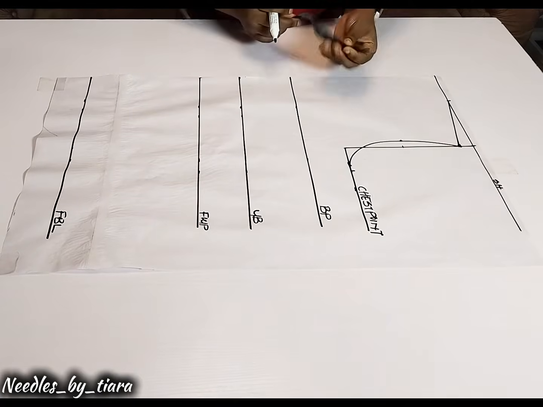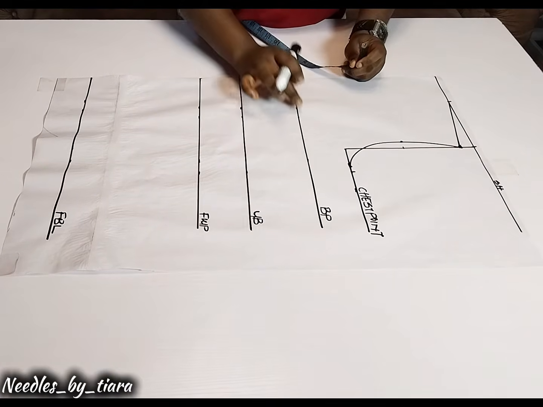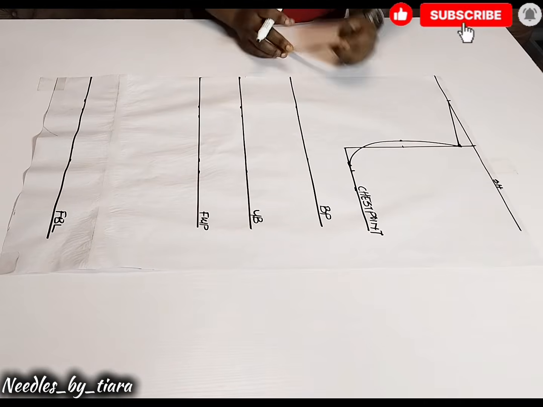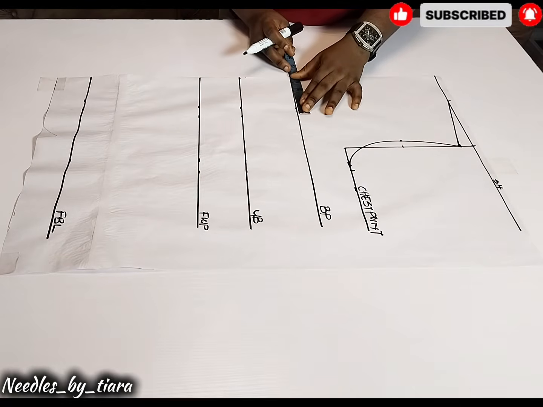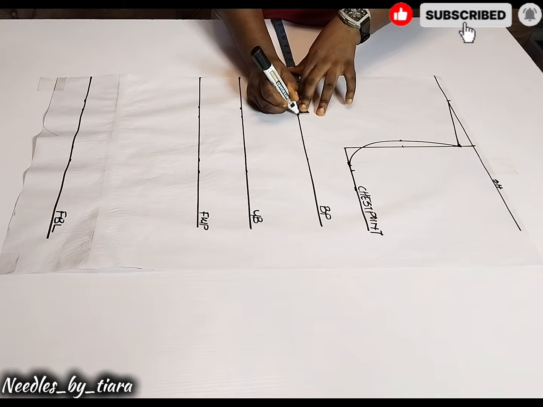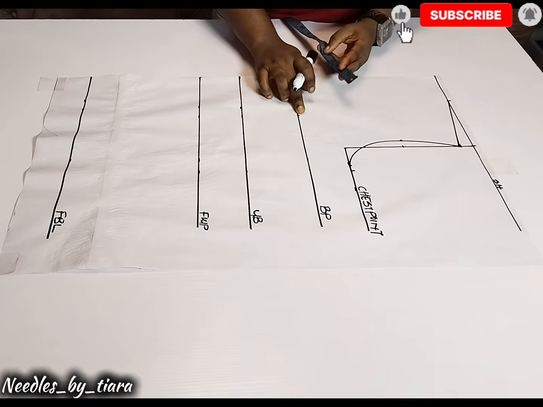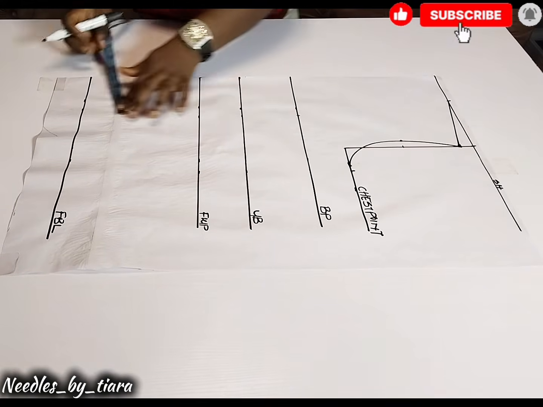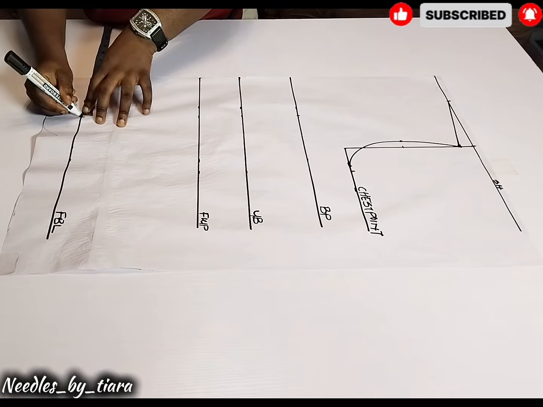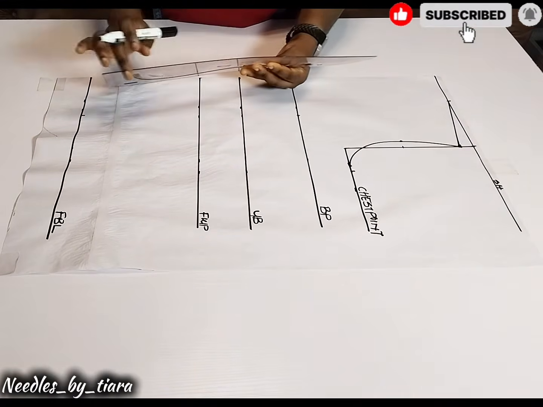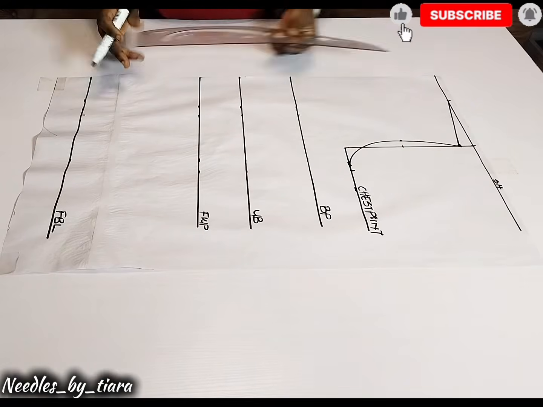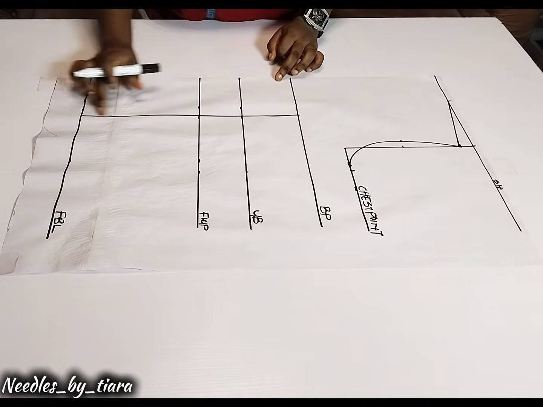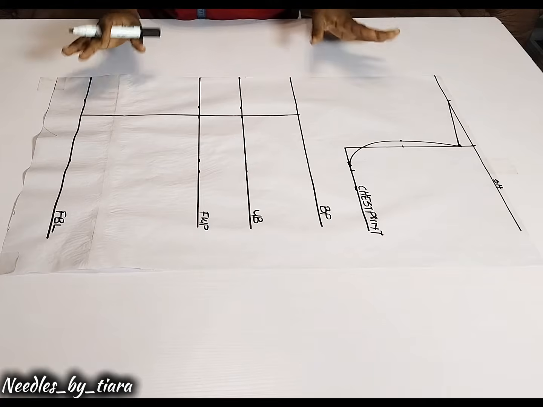So now on your bust point line, take note, we'd go ahead to divide our nipple to nipple by 2 and chalk it down at that point. So your nipple to nipple is your bust span. You're going to divide that value by 2 and chalk it down at that point. So mine is 9 inches divided by 2 would give me 4.5 inches. I've gone ahead to chalk down that value on my bust point. And now I'm going to be taking that measurement at my bust point down to my full blouse length this way. Having done that, going with your straight ruler, connecting from your bust point down to your full blouse length this way. So having inputted our dart line, which happens to be our nipple to nipple divided by 2,